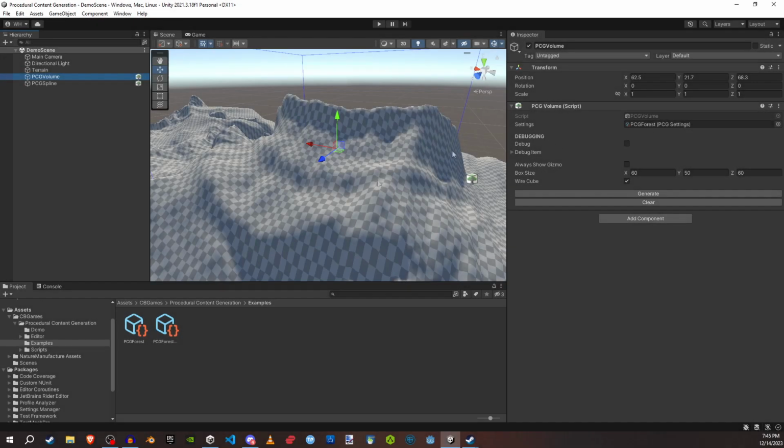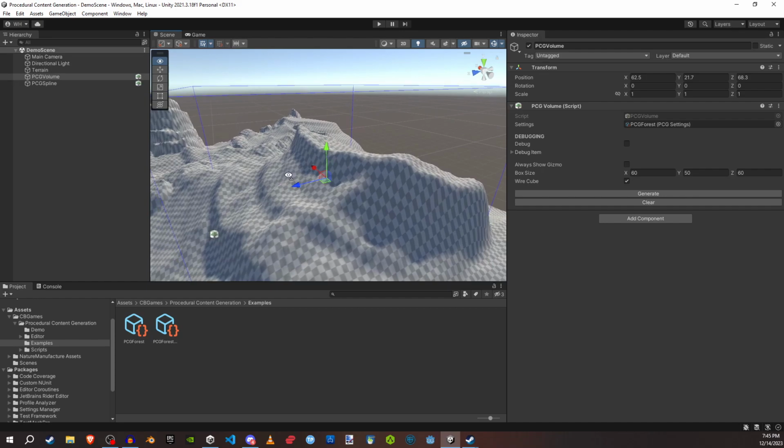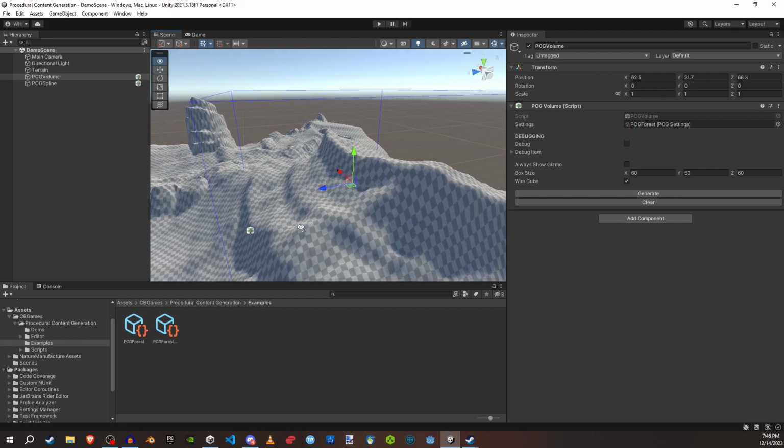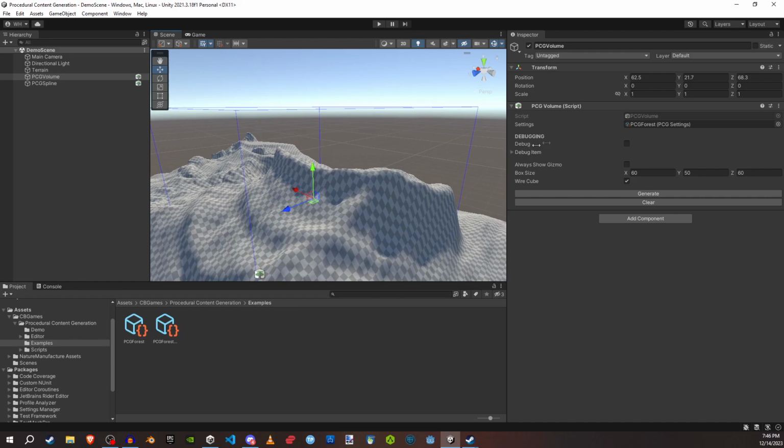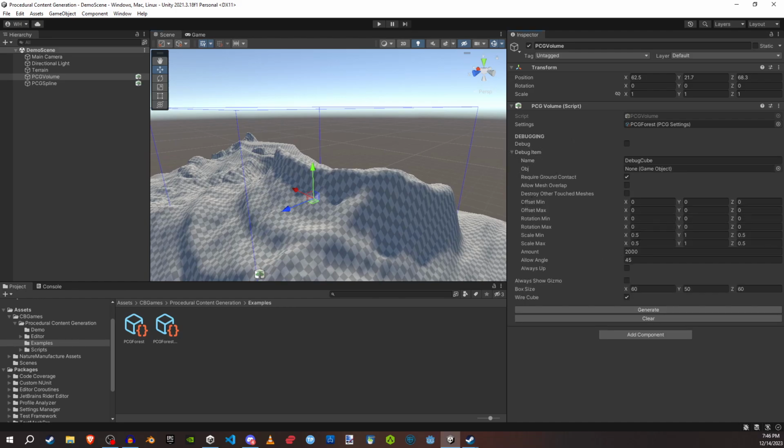Let's first start talking about how to use the PCG volume. A volume is basically a box, and it will be able to spawn things, literally anything you want within this box. So it can be fog, it could be trees, it could be clouds, you name it, right? So if we look at some of these settings, we can compare it by looking at the debug